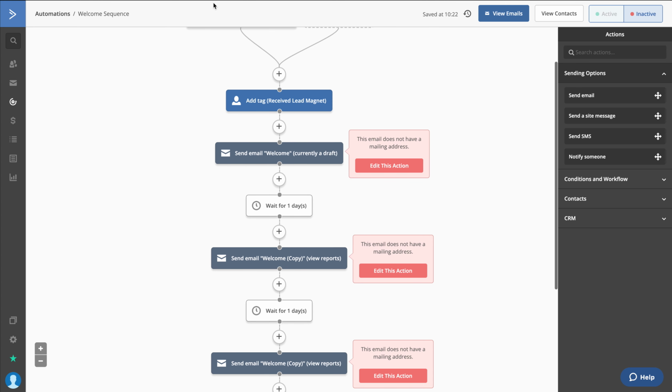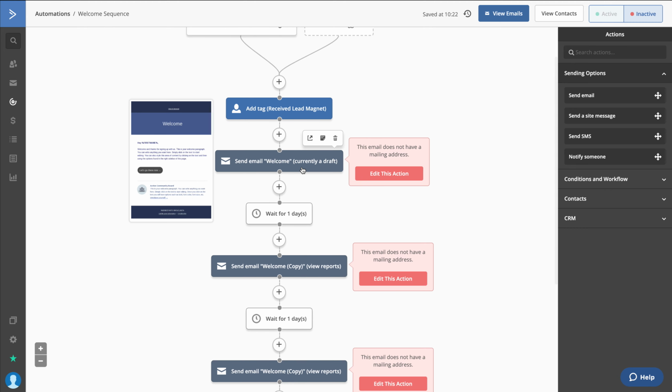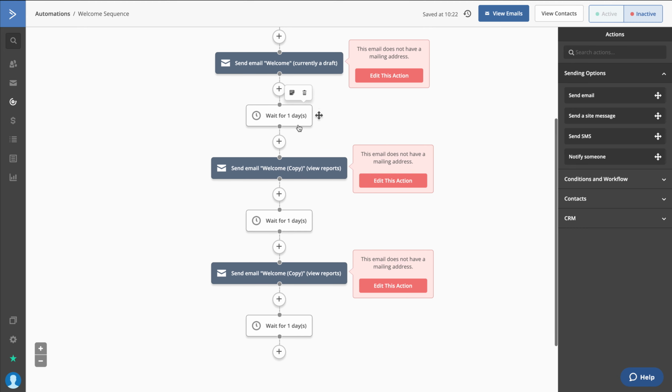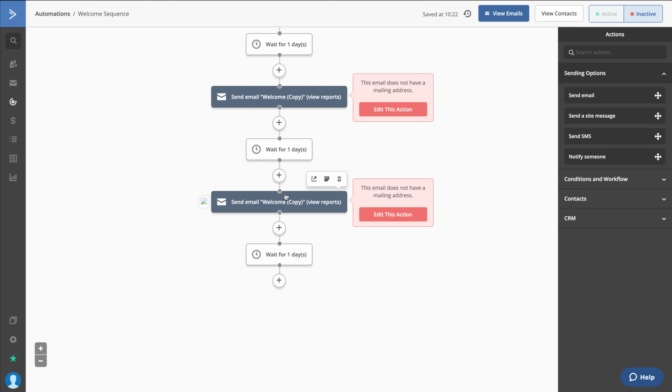Okay, so we had somebody that entered our list, and they are literally going down the pipe. They've been added to the tag that has received the lead magnet. They got their first email, wait another day, got their second email, wait another day, third email,